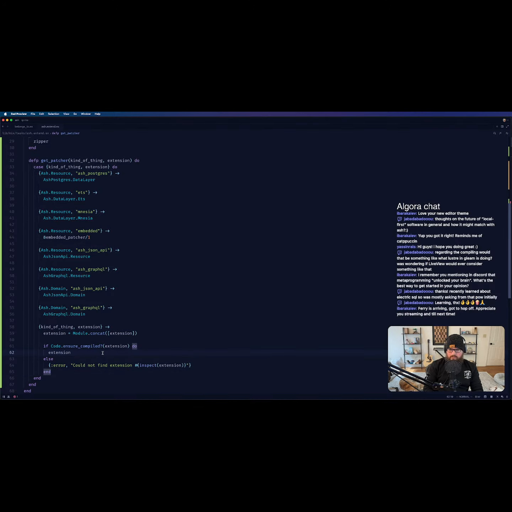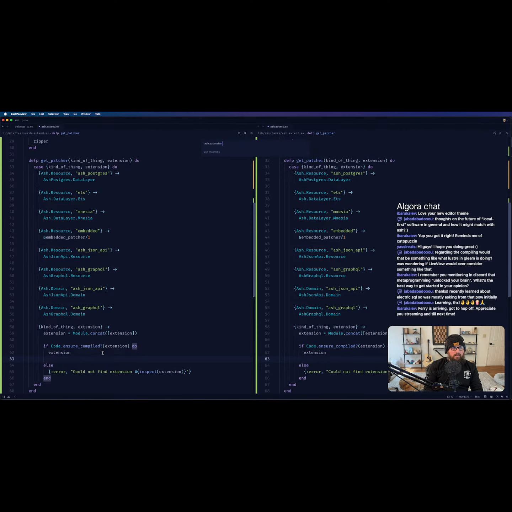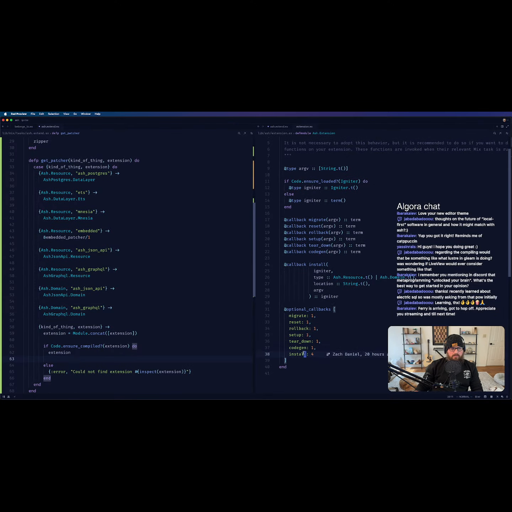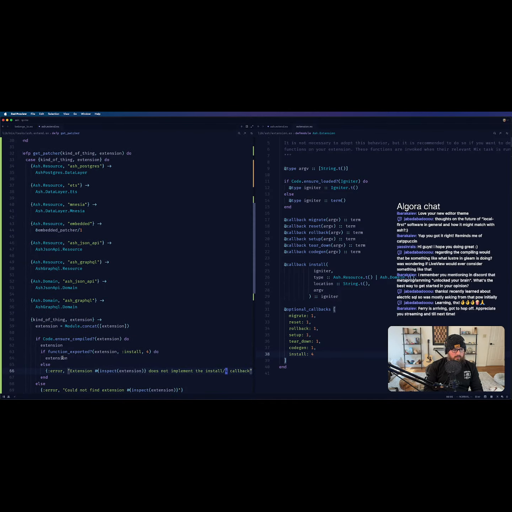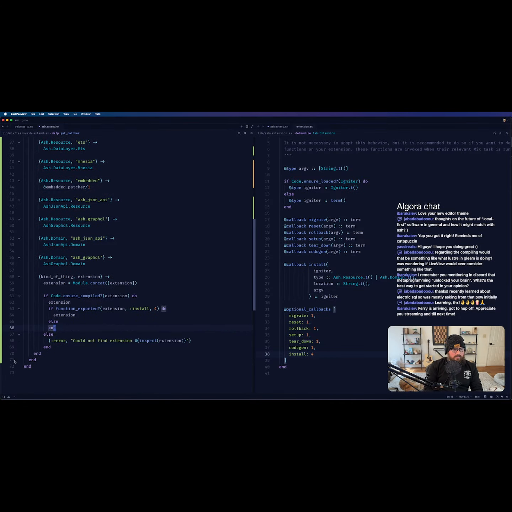So then we need to do, what is this? We have this concept that we've added here. So we'd say if function exported extension install for. I think in this case, actually, we'll just do and add extension. Simple add extension. And so then this will be,